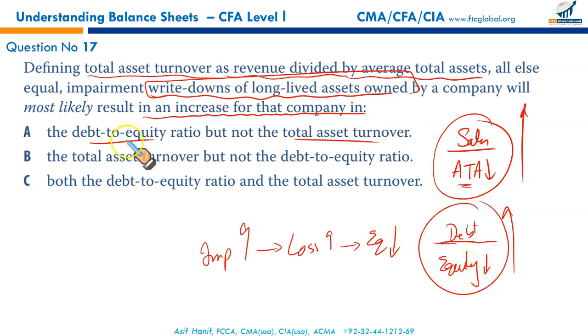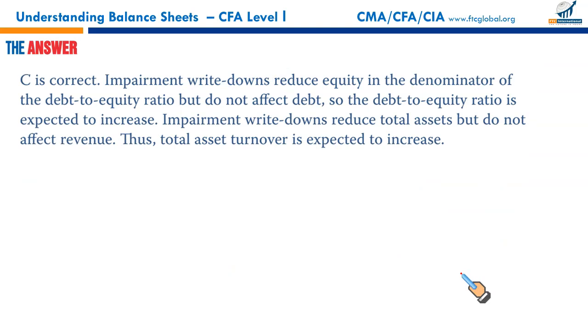So which option should we pick? The debt to equity ratio would increase, but not the total asset turnover. Wrong. Total asset turnover would increase because the word here is increase, but not the debt to equity ratio. Wrong. Now read the whole statement. The write-down by the company will most likely result in an increase in both the debt to equity ratio and the total assets turnover. Both will increase. Now we are absolutely sure through the formula, by changing the denominator, that both ratios would increase, and absolutely the right answer is C. Next,